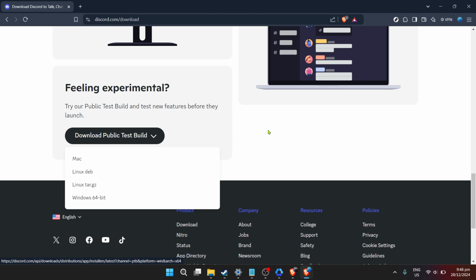To wrap things up, you've just walked through the steps of downloading and installing the 64-bit version of Discord through its public test build. This version is ideal for anyone looking to maximize their Discord experience through enhanced performance and early access to new features. Remember, the process is straightforward, but the key is to follow each step carefully to ensure you're getting the proper version for your system. Dive in,